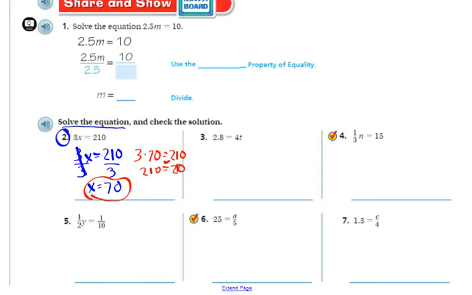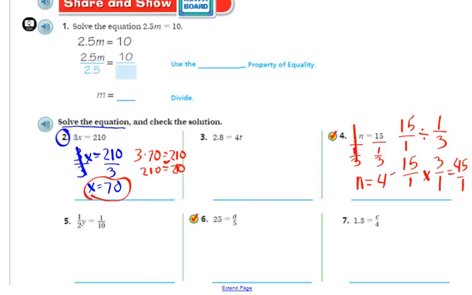All right, thanks for pausing the video here. I wanted to walk you through question 4 just to make sure that we're all on the same page. I noticed that I have 1/3 n equals 15. That's 1/3 times n, so I want to divide both sides by 1/3. If I divide by 1/3 on both sides, these 1/3s cancel, just like the 3s did in question 2. That leaves me with n equals. Now I have to perform that division. Keep, change, flip. 15 over 1 times 3 over 1 gives me an answer of 45 over 1,